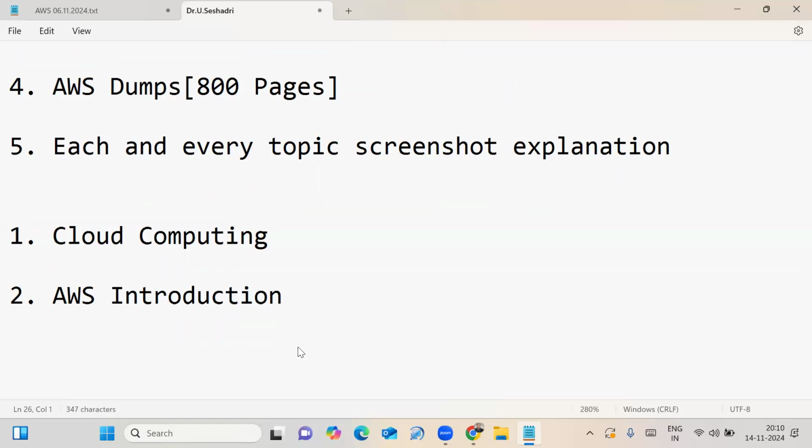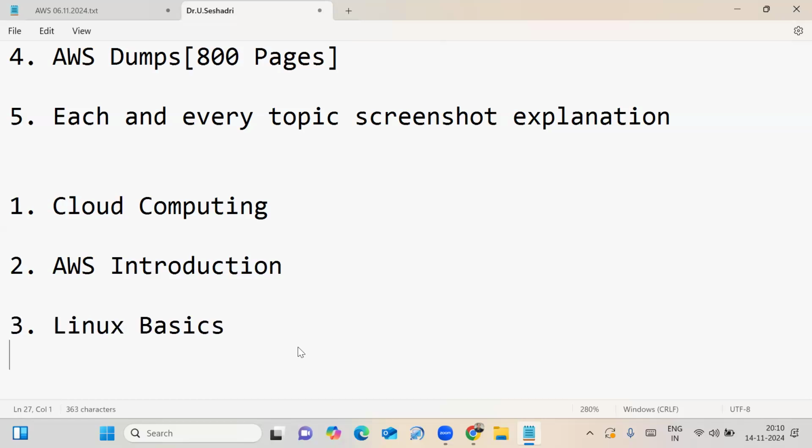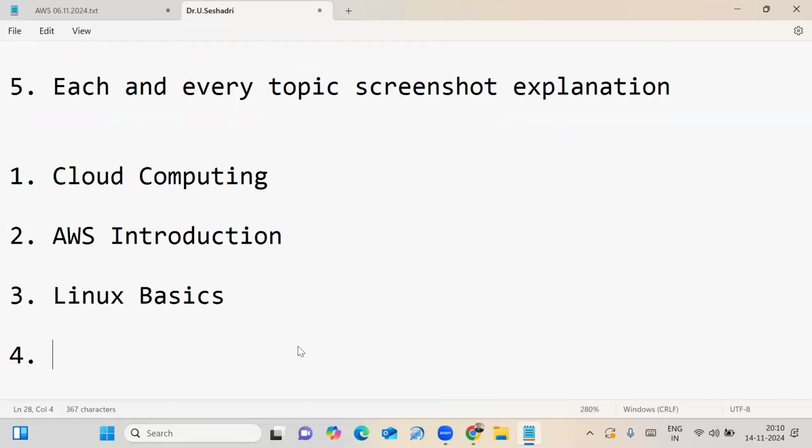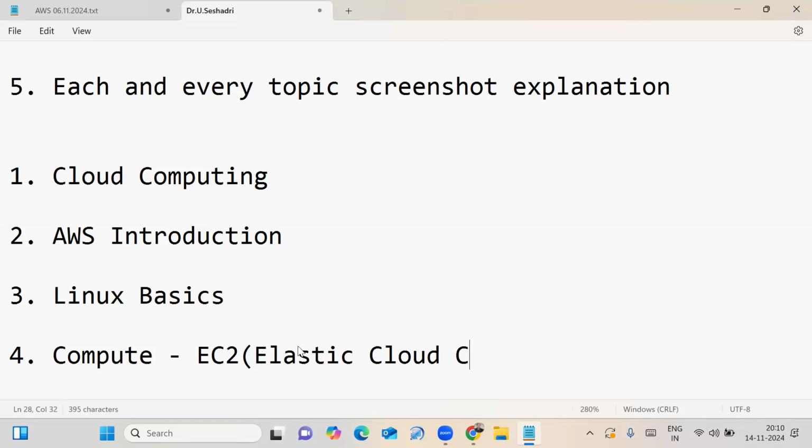Also, in this training program, I will cover the Linux basics, whatever is required for my training program. Then we focus on the AWS compute service, that is EC2. EC2 stands for Elastic Compute Cloud. Here, we discuss many services, such as how to launch a Linux server,